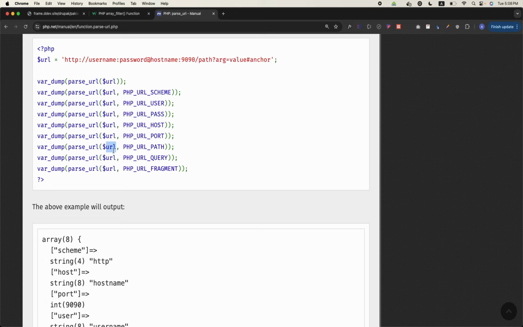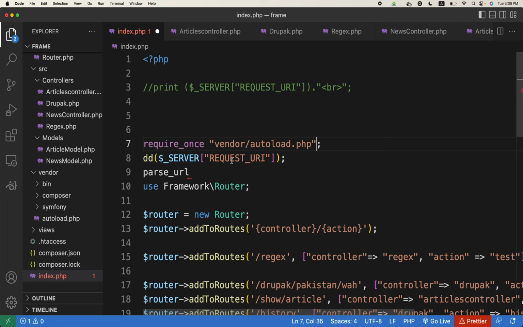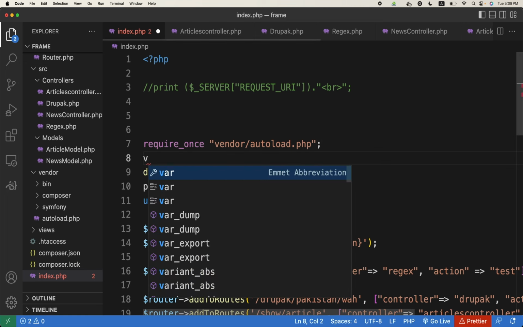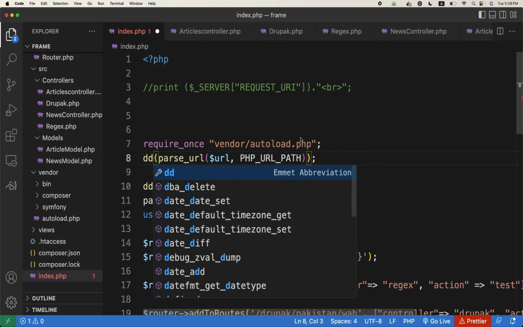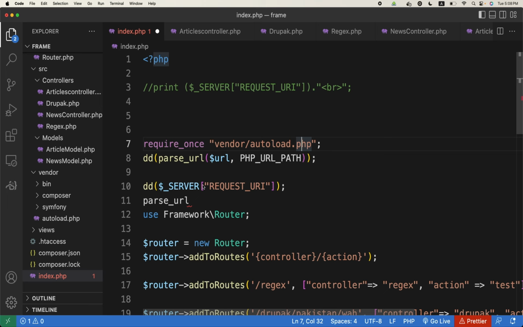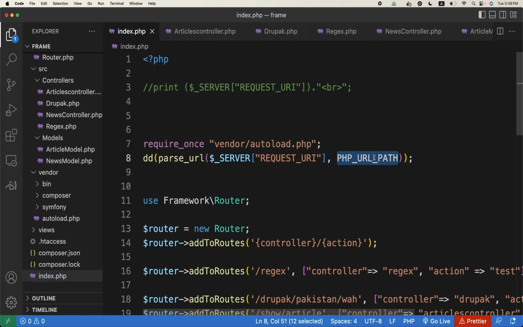I think this one is what we need. So we'll change it to dd, and the server... what is this called in PHP? Constants. Okay,